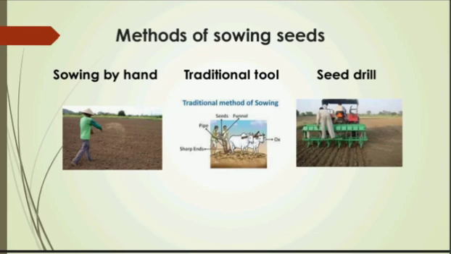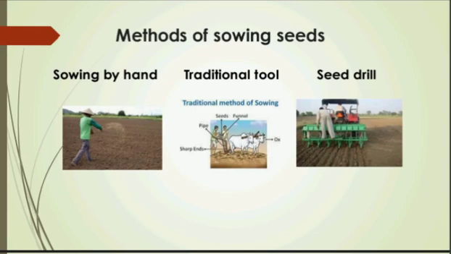In this method, the seeds are taken in hand and gradually scattered in the entire plowed field. Now see, this is not very good. This method is not very good because there is no proper spacing or proper depth at which the seeds are sown by hand. And also the sown seeds can be picked up or eaten by the birds.